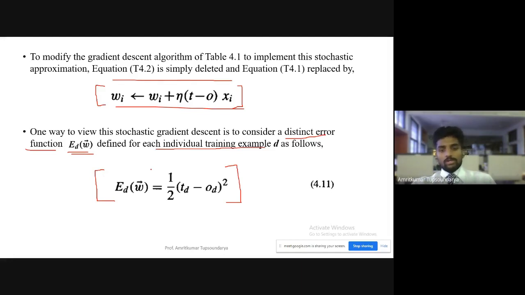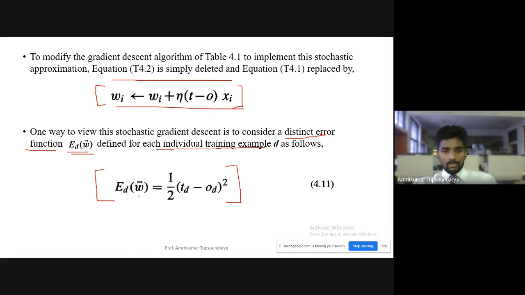So when we consider every training example individually and then compute the error, that means for every training example we have to compute that many errors. Now, with these errors, we have the overall view of the total gradient descent that we have to perform, right? So the formula for the distinct error function is this: